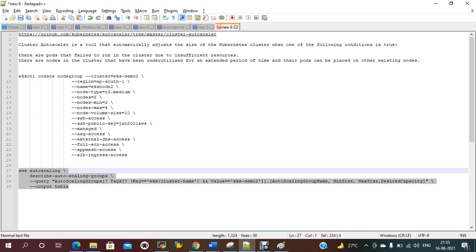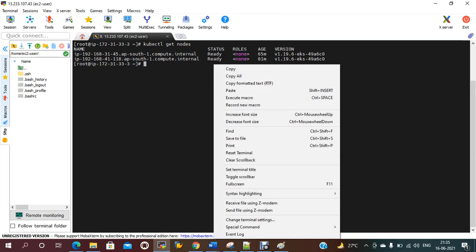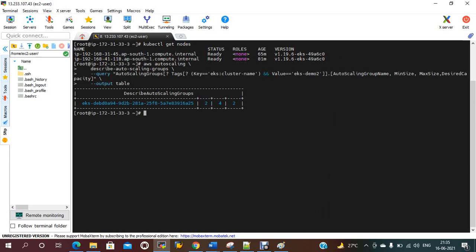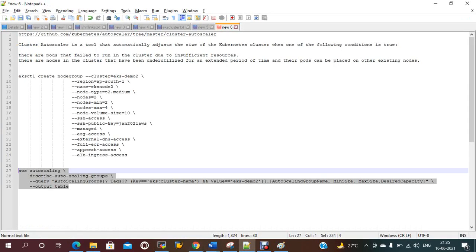Okay, let me run this one. See, this describes the auto scaling group. Currently it shows minimum 2, maximum 4, and desired 2. So my cluster can have up to 4 nodes at a time, created if more resources are needed in the cluster.